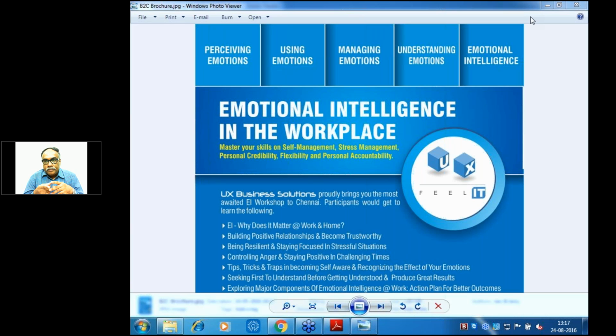Because now think about it. If I am not controlling, if I am not managing myself, think about how you can manage others and how you can manage a team of people, internal and external. How you can manage a lot of people if you are a business head. How you can manage sales if you are business development head. How you can manage customer relationship if you are a program manager. Now think about it. All those things are important.